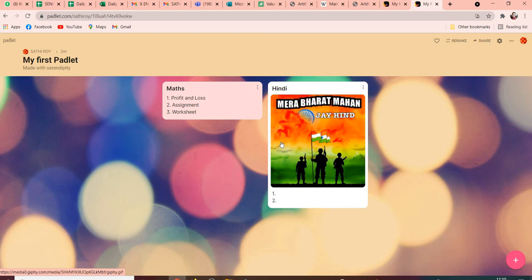Otherwise anybody can come and edit, which we actually don't want. That's why we can add our co-teachers, we can add all the teachers in that Padlet, but not the students. We will just share the link with the students so that they can get access to the Padlet. They can only see the Padlet, not get the chance to edit it.